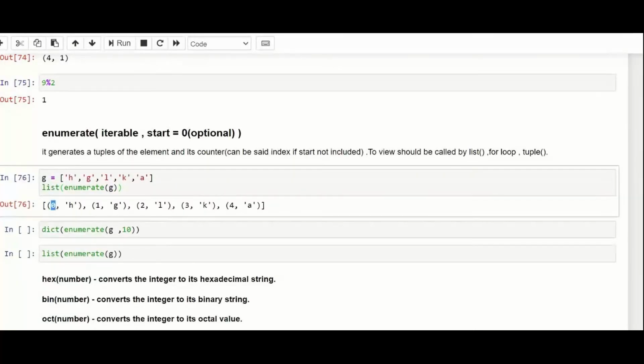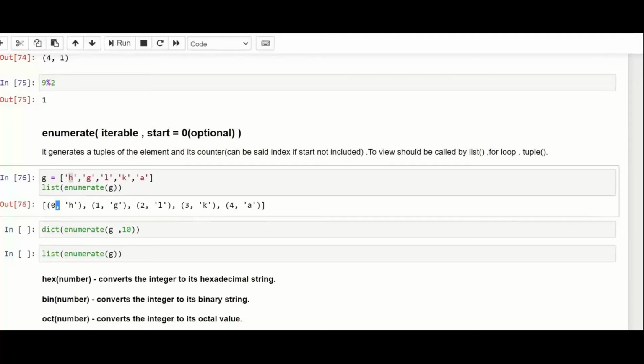So it will convert the list into a list of tuples, having the value first, that is H, G, L, K, A, and their index number, that is 0, 1, 2, 3, 4. That is the functioning of enumerate.